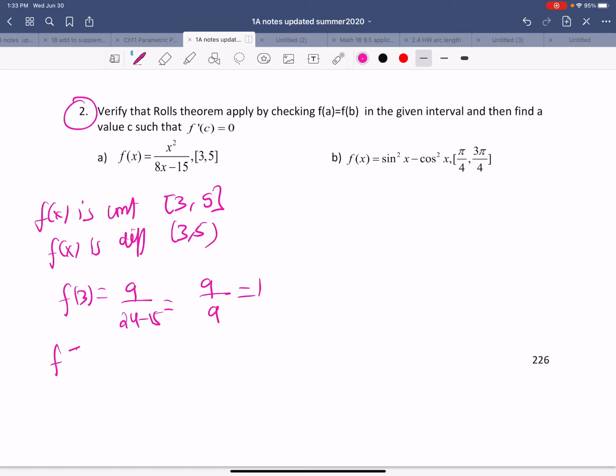And f of 5 is equal to 25 over 40 minus 15, which is also 25 over 25, which is equal to 1. So f of 3 is equal to f of 5. So using Rolle's theorem,